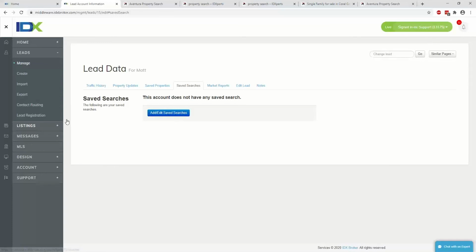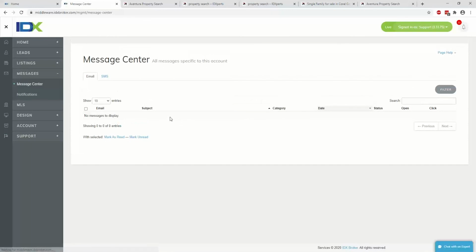We talked about the Message Center. So Messages, Message Center, see any of the emails that are going in and out of your account. It's a great way to just keep track of all the different save search emails that are going out and just be able to kind of track things down if somebody has an inquiry or if you're just curious what's